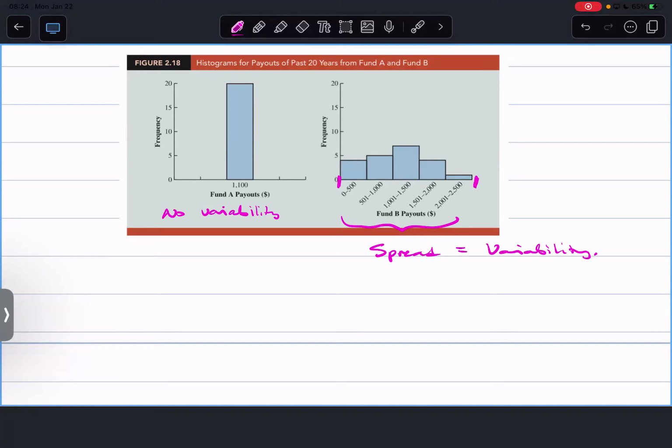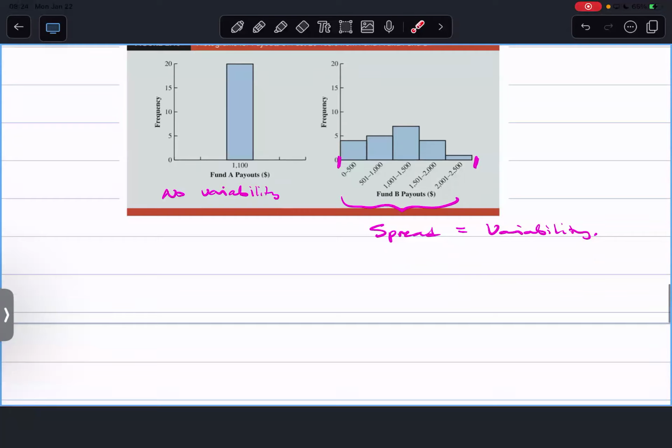Now, there are lots of ways to measure variability, but a lot of them hinge on the distance from the mean. Right? So we talk about deviations from the mean. And so each data point is going to be some distance from the mean, which we can then talk about